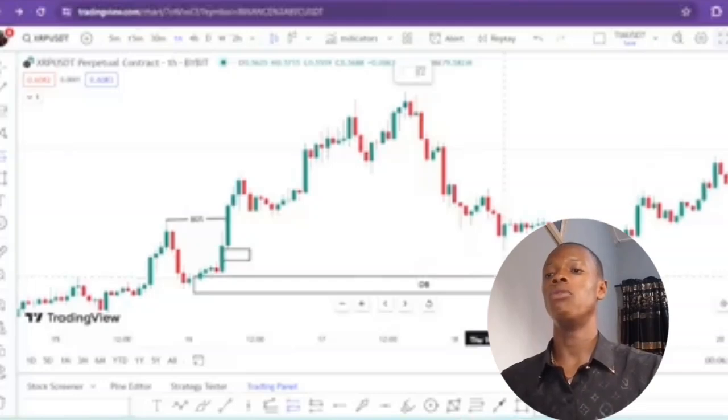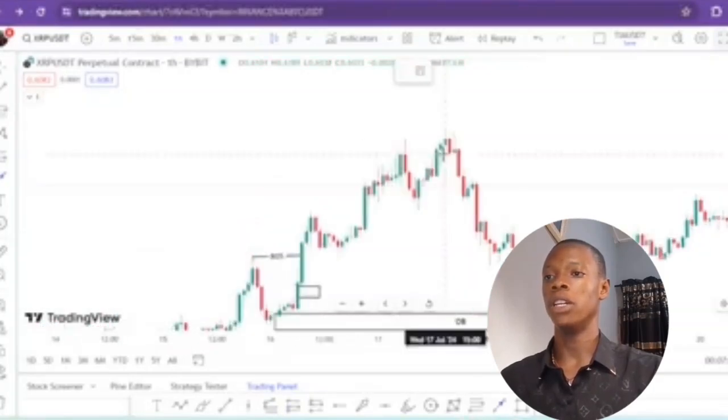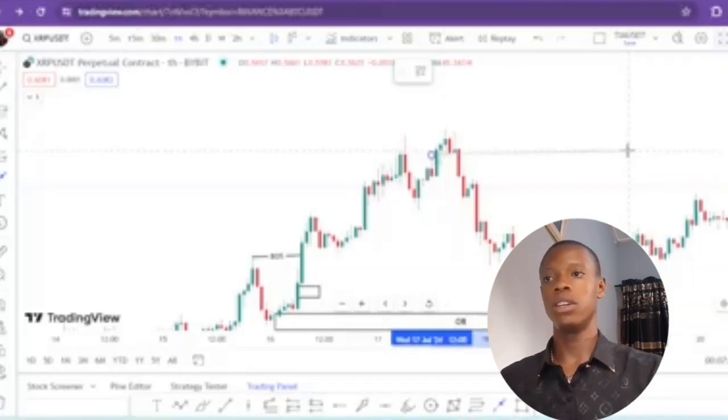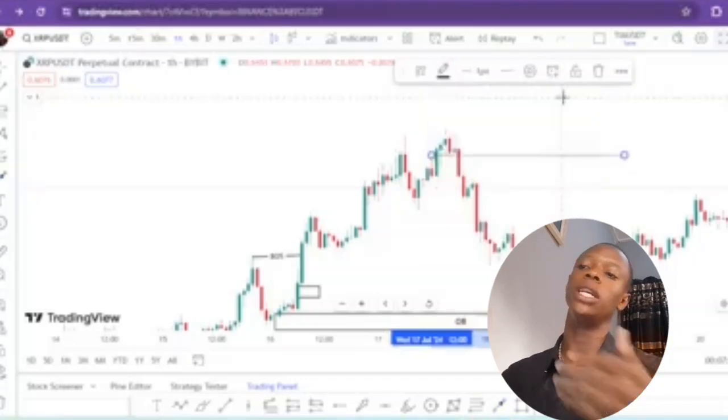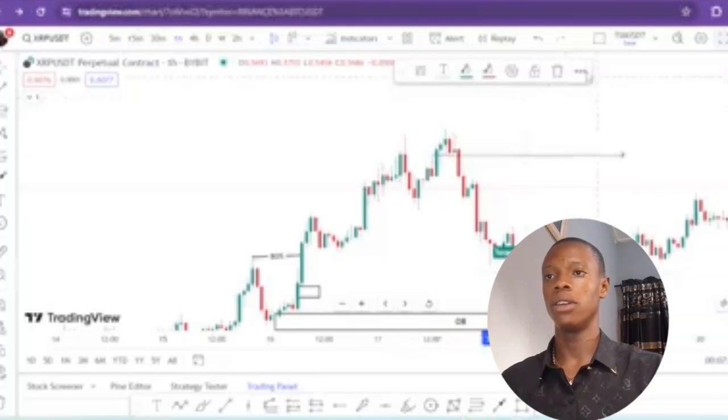And then you want to make sure your stop loss is slightly below the order block, just slightly below it. Then where should your target be? Your target should be at this extreme end right here, just like this. And there are some areas where you should put your take profit and stop loss. Your target should be the next key level, right? So let's draw our long tool to that very area. So right here now